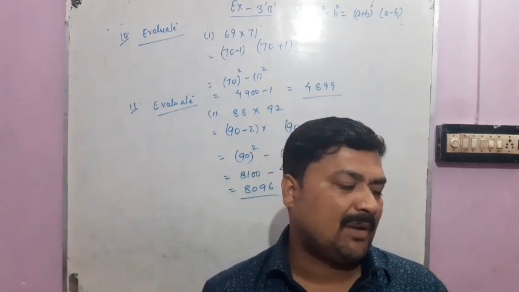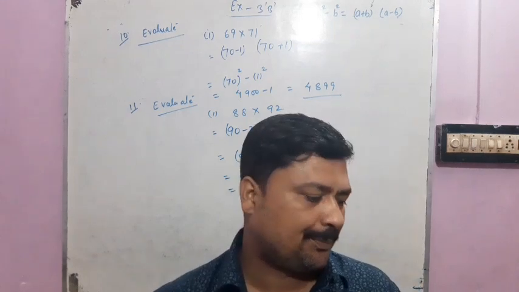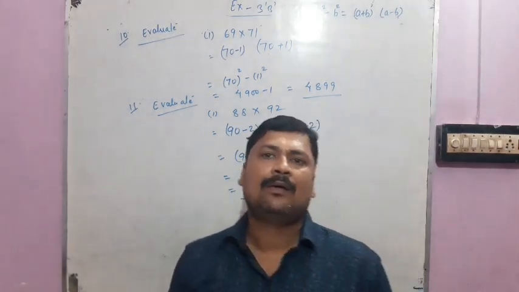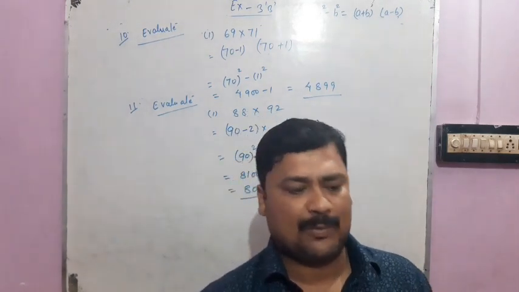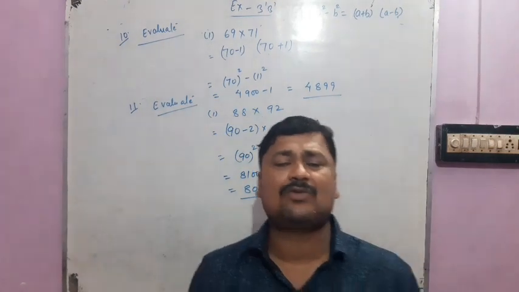The square of a prime number is prime? No, the square of a prime number is a composite number. The sum of two perfect squares is a perfect square? In some cases it's possible, but in some cases it is not possible. So you can say it is false. In the same way, you have to solve the rest of the true and false.